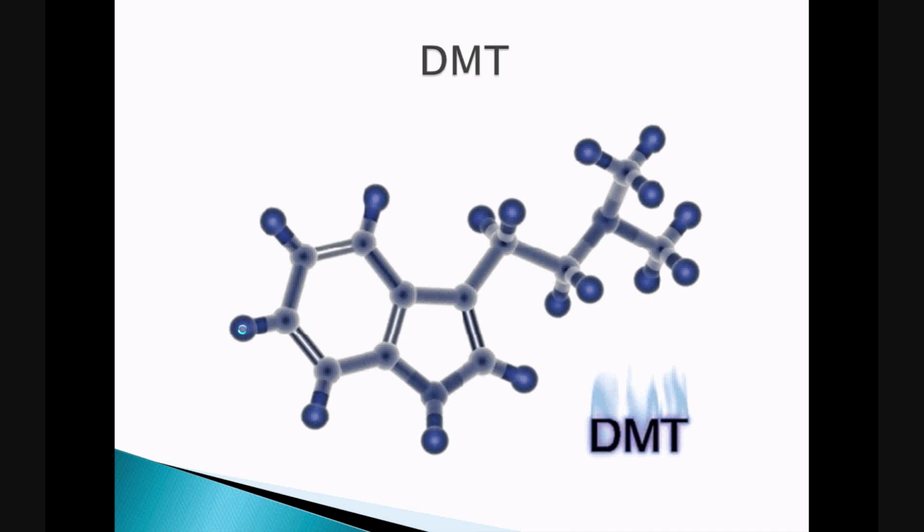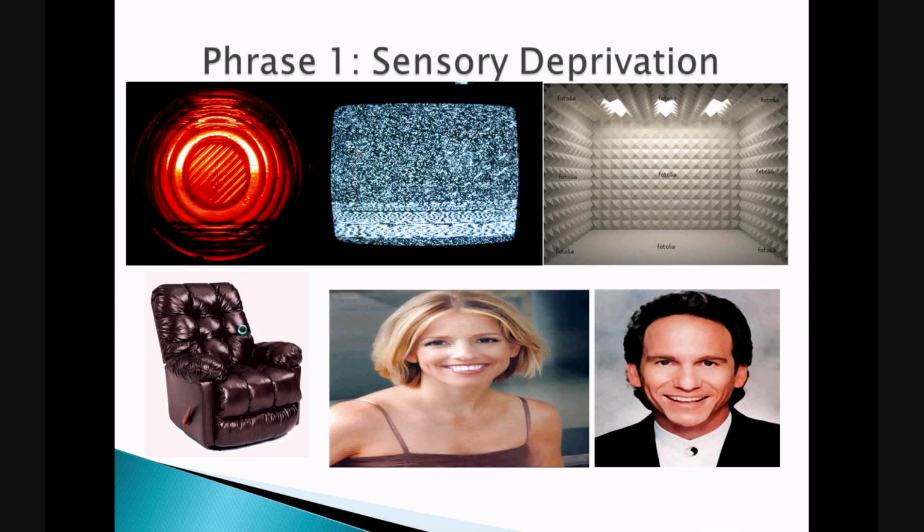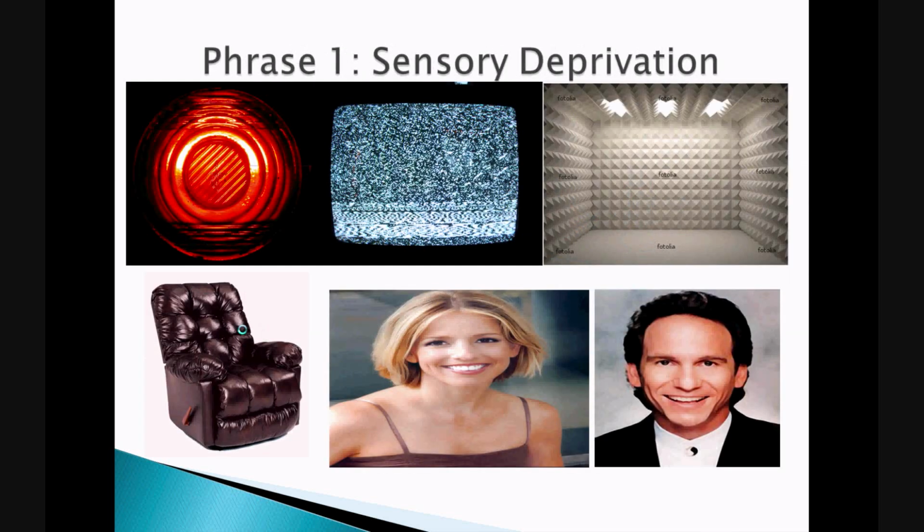In order to understand this procedure, you must first understand its three phases. The Ganzfeld consists of three phases. The first one is sensory deprivation. The second is sending. And the last one is judgment. Let's say Jack, on the left, is the sender, Jill, in the middle, the receiver, and Earl, on the right, the experimenter. Phase 1. Sensory deprivation. Let's say that Jill is the participant receiver in the experiment.